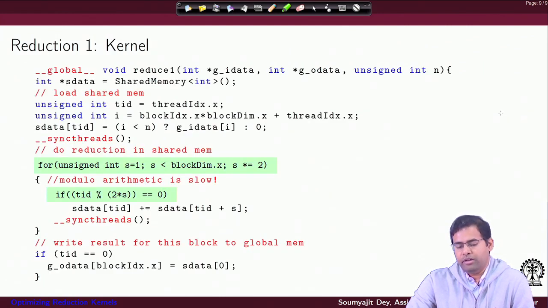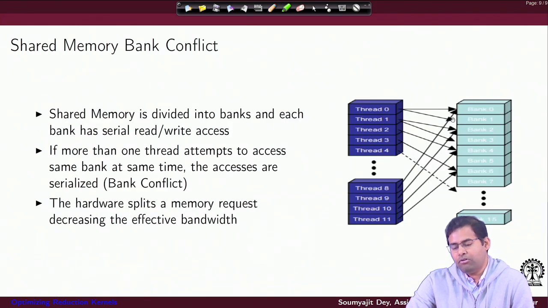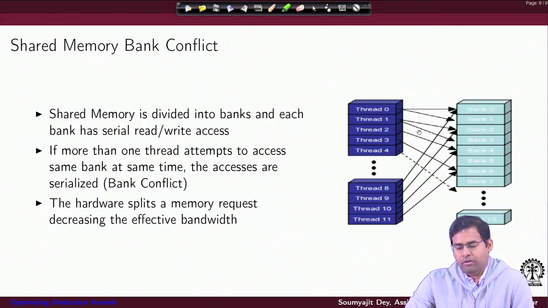But as we can see, if I do a memory access analysis, there is an issue of bank conflict here, and we need to remove that. We will see how that can be removed by doing further modifications to the expressions in the program. And with this we would like to end our lecture here. Thank you.